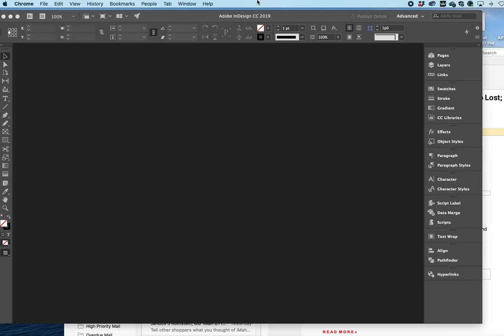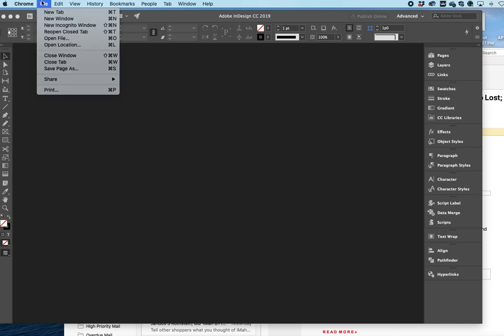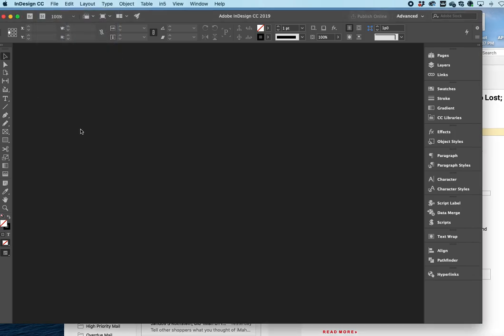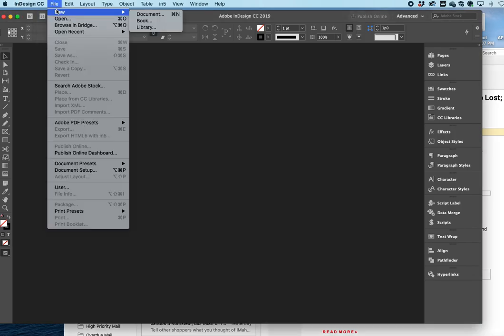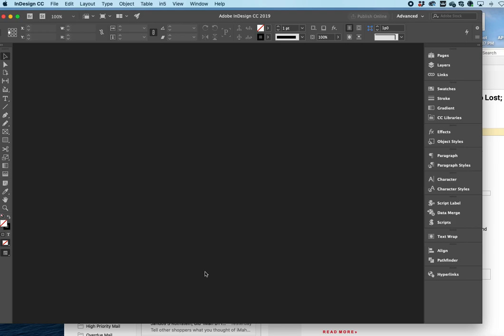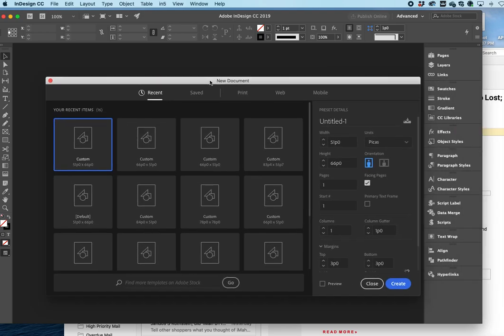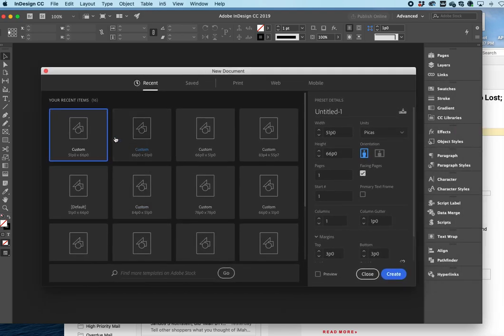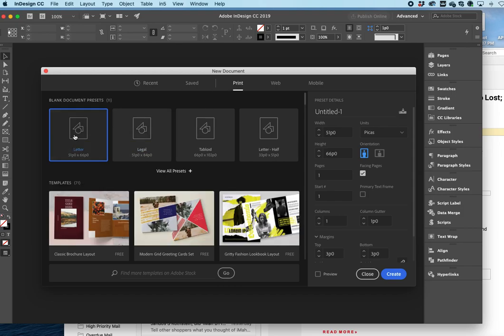So now that I have my assets for building this, let's make sure we're in InDesign, and I'm going to create a new document. I think I'm going to accept just a regular 8.5 by 11. But I am going to do a couple of other things to this.